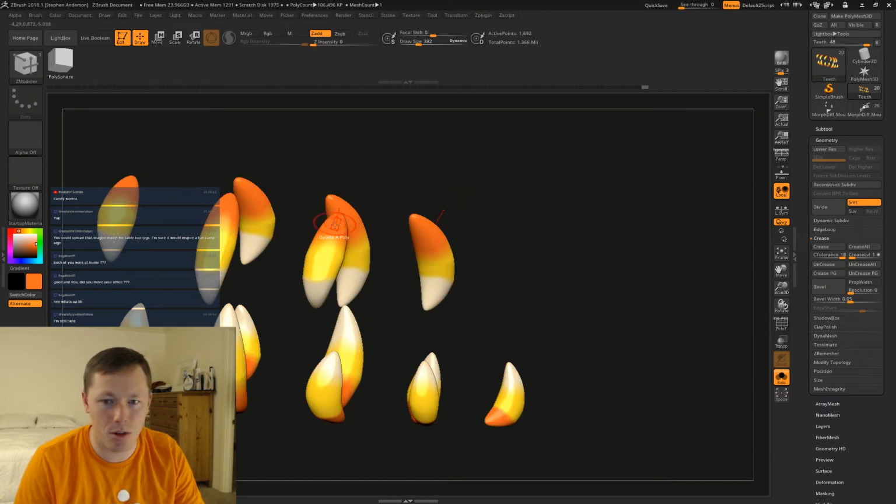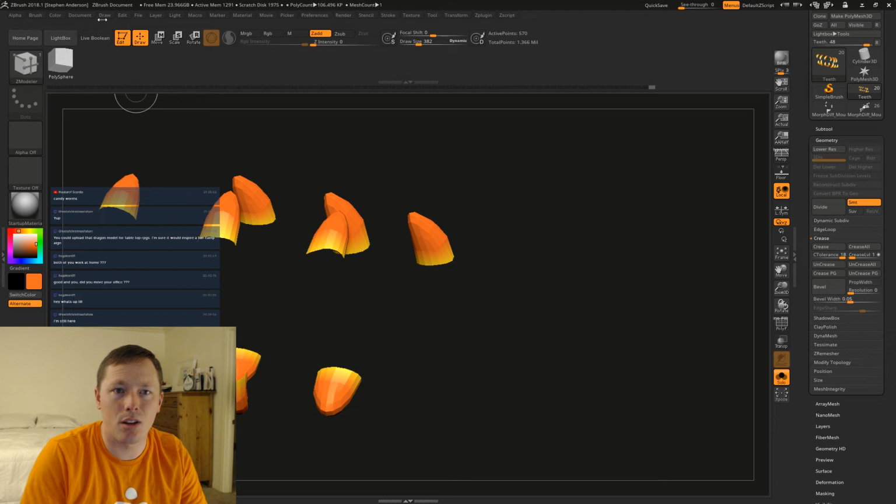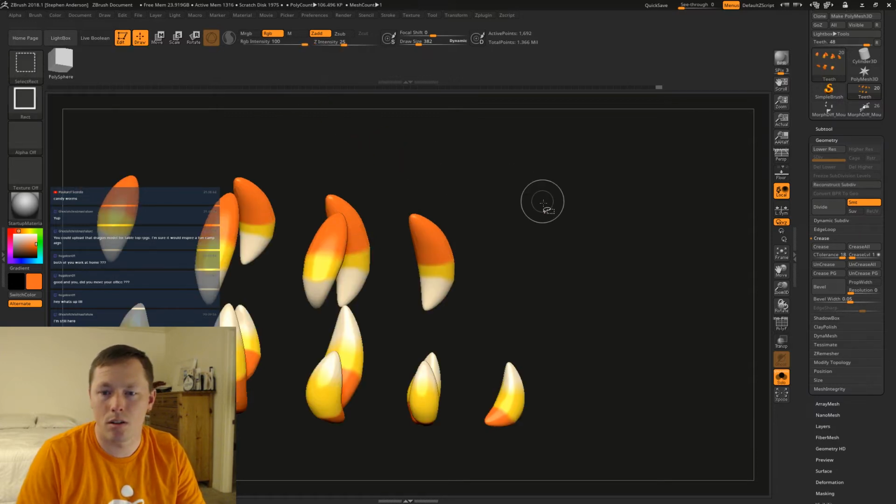Okay, let's make sure we have our color. Select those. Now we can go ahead and color fill object. Now let's check it out.